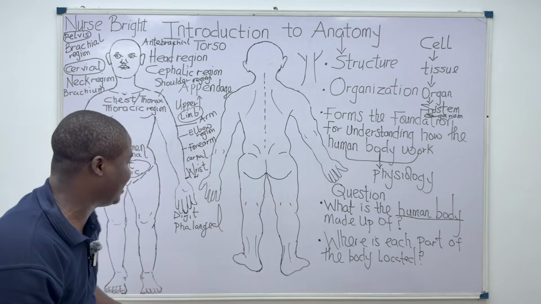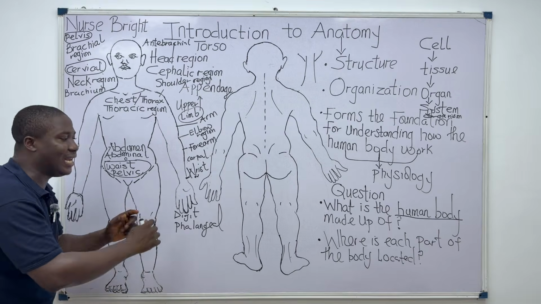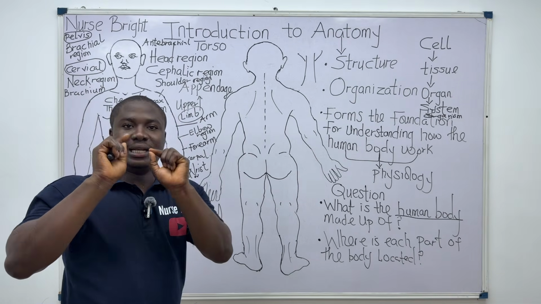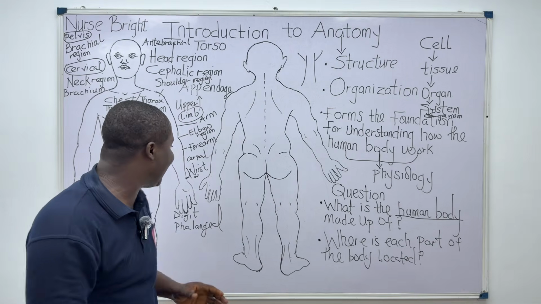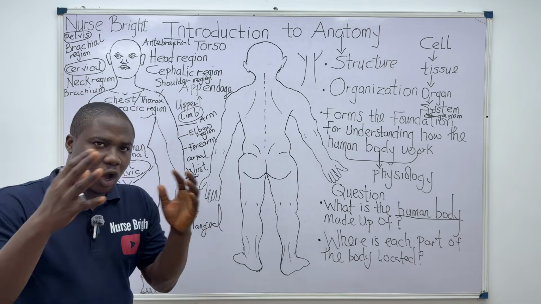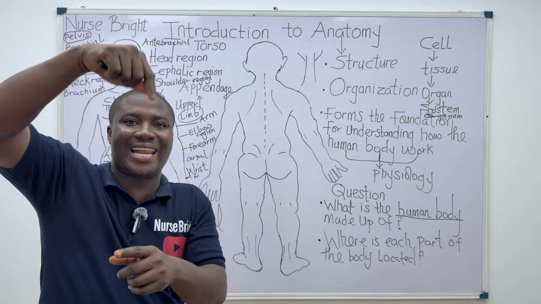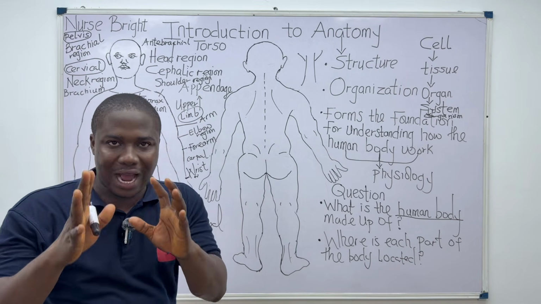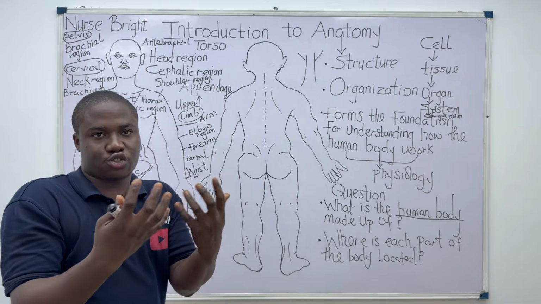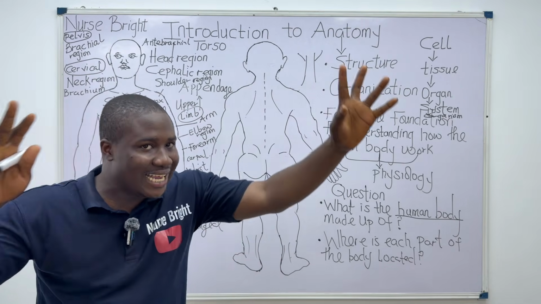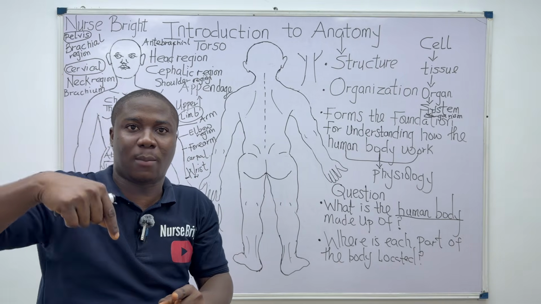Hope it is making sense. So let's walk towards the lower limb and I tell you the different parts of the lower limb. Before we get into that, I want to ask you a very easy question. You can provide the answer in the comment section. I want you to try from basic understanding so far. We've not entered other terminologies that must be noted. I'm going to talk about them.